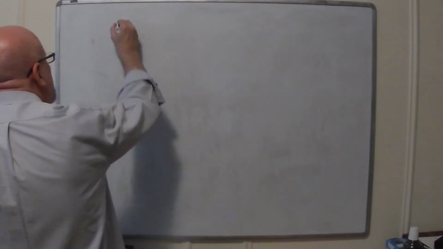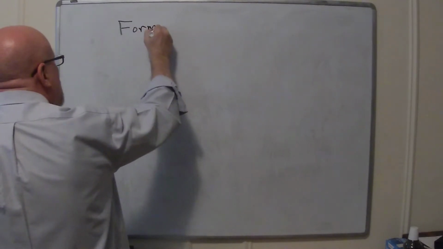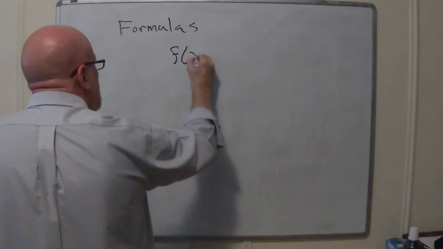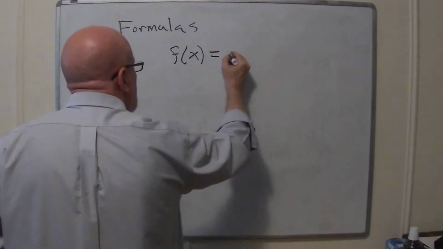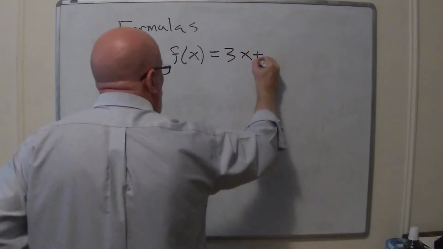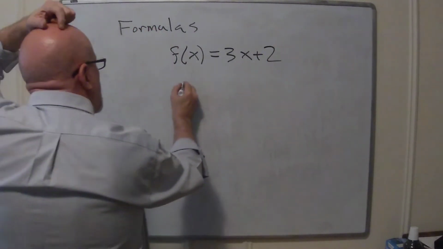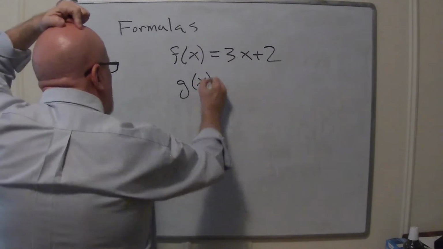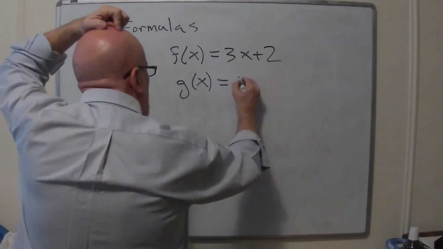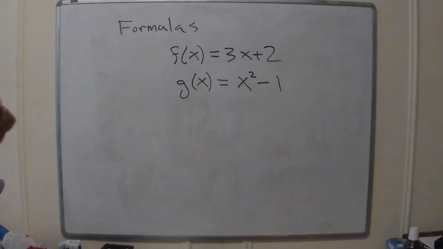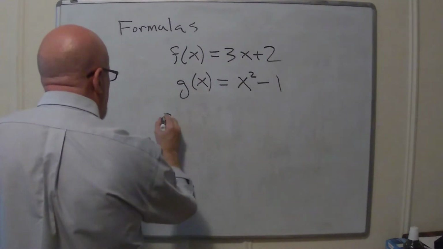So let's look at composition using formulas. Suppose f of x is, how about 3x plus 2? Just making up a random one. And g of x is, how about x squared minus 1? So if I want to get FOG,